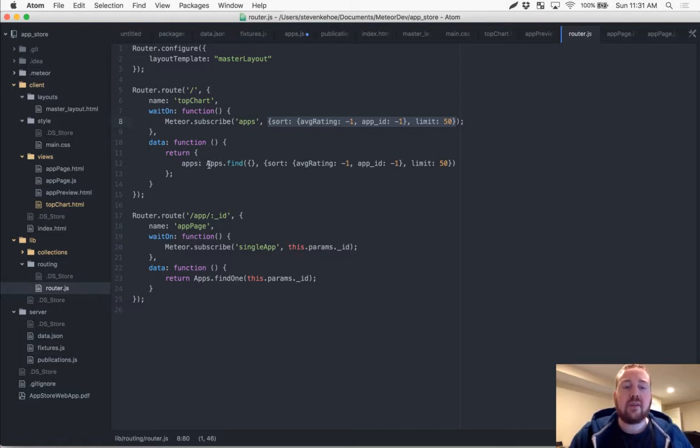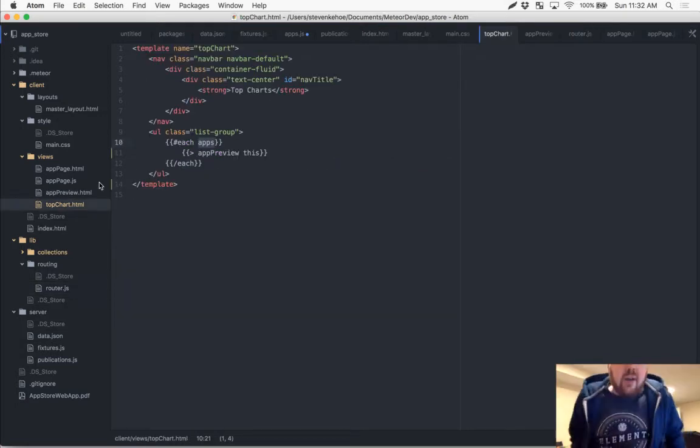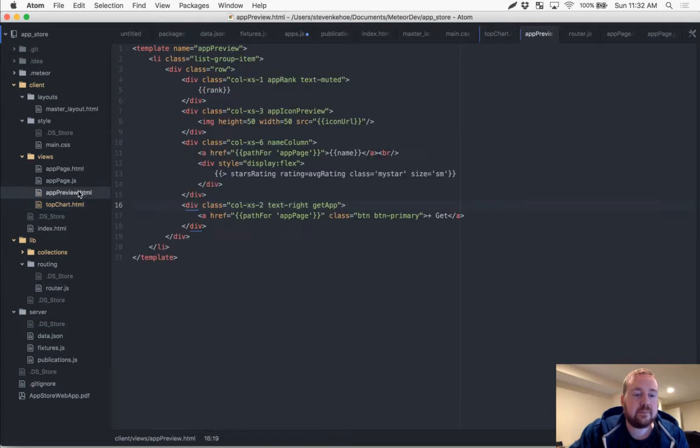So this is basically just finding the apps that we just subscribed to in the waitOn function and binding them to this property apps. And this is going to allow us in the top charts.html file to access all those apps by calling each apps. We're then passing it to the app preview template. If we look at app preview,